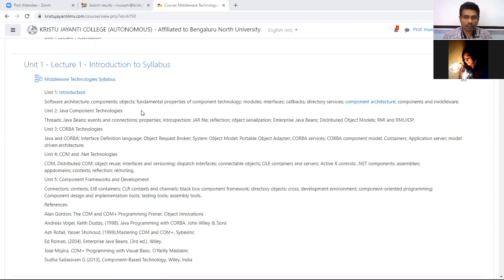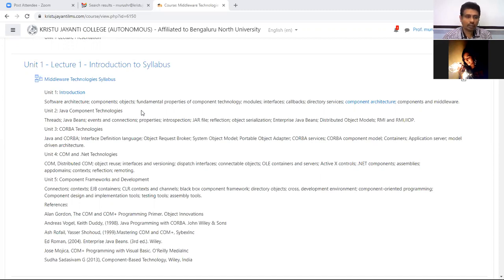Then they wanted to go to the next level. They wanted applications to be divided into various components, and whenever a component is needed, we can attach it, and whenever it is not needed, we can detach it. For those kinds of scenarios, Java Beans came into play. Java Beans is one of the powerful middleware component-based technologies created from Java, built using core Java only. One of the key aspects they took was platform independence, so Java Beans became platform independent and you can use it on any platform.